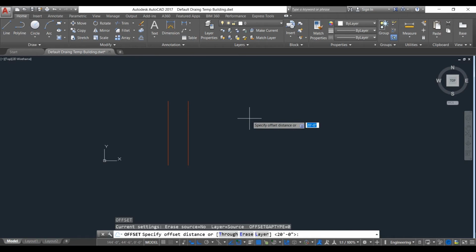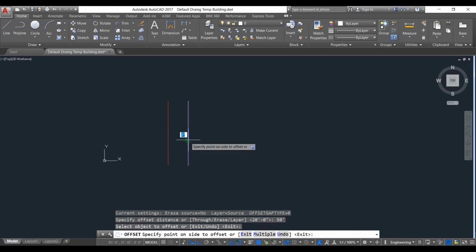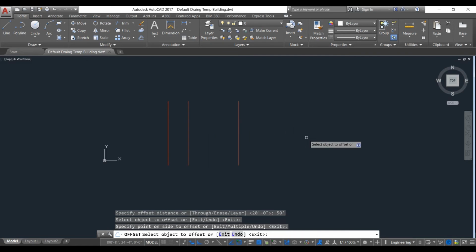Suppose I want 50 feet as the distance. Now I have to choose the object which I want to offset, and then I have to choose the direction of that offset, suppose this side or this side, anything I can choose. So I choose this side, and this is how the offset command is done.